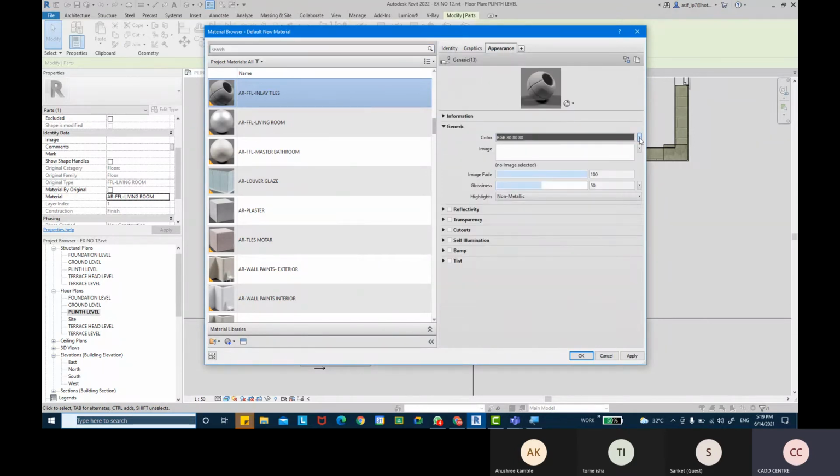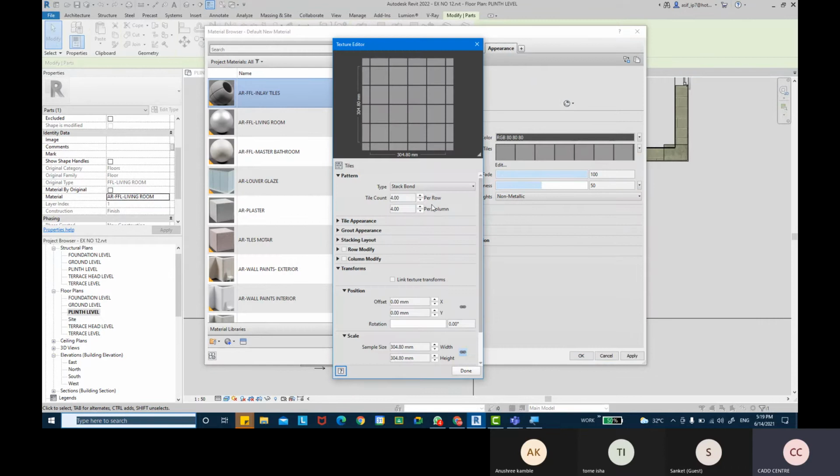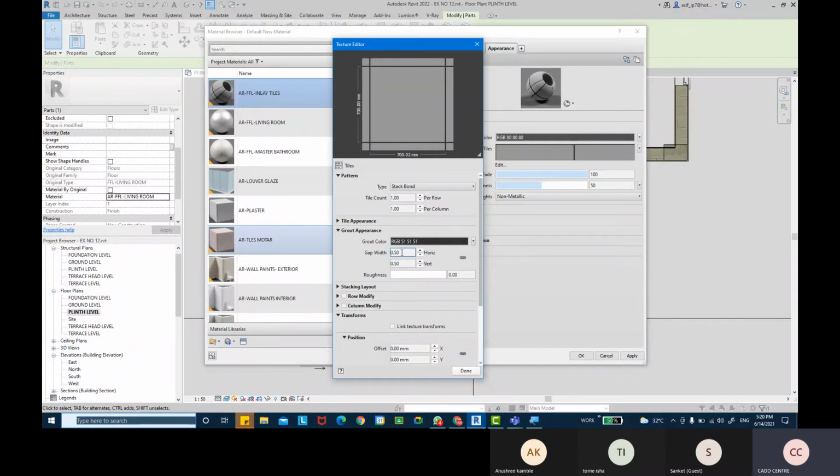Appearances. You can directly take the image, or you can take tiles as well. Contrast 1. Like one tile size should be 700 by 700. The gaps will be very minimalistic, 0.10.